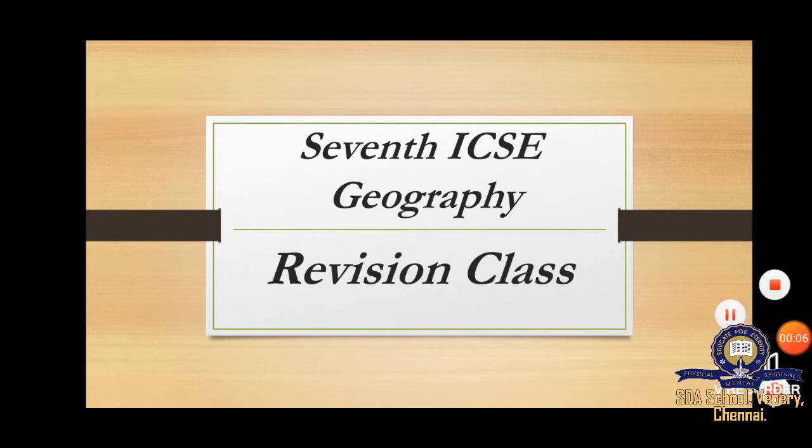We have completed our portions for the first term last week itself, and we started with history lesson unit 1 and 2 last week, and this week we are going to see geography unit 1 and 2. Already I have told you we have minimized the lessons, and for this first term, that is the quarterly exam, I have completed 6 lessons altogether: history, civics and geography. So I have stopped with this and I started the revision last week.